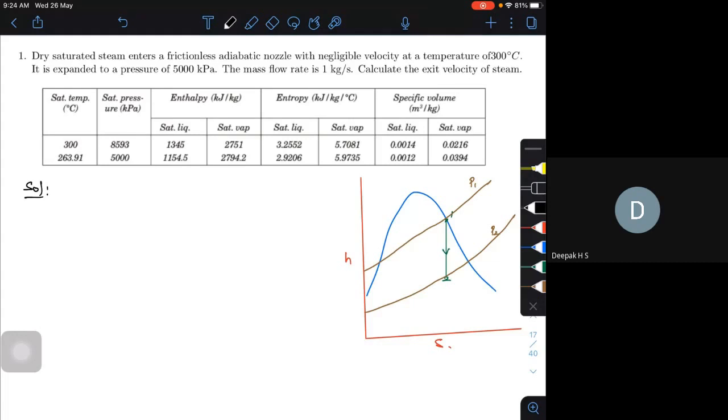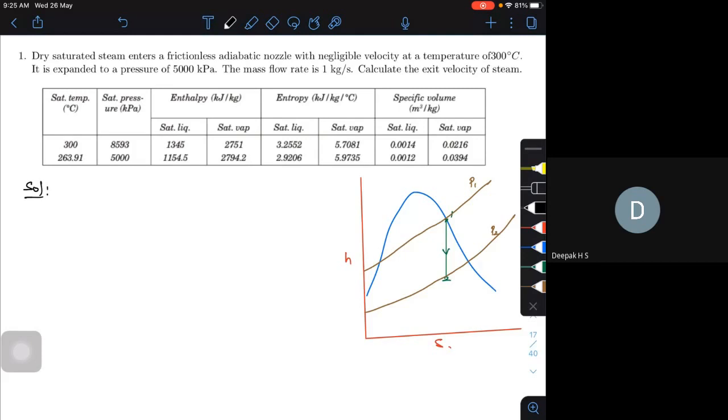Whatever point you put, you can directly find the dryness fraction X also. I am going to use the steam tables to solve this problem, and I request you to solve the same problem using the Mollier chart. Your values may change. If I get X equal to 0.92 from the steam tables, you may get 0.91 from the Mollier chart. There will be slight variation in the values. That's all. Now let us write the values.